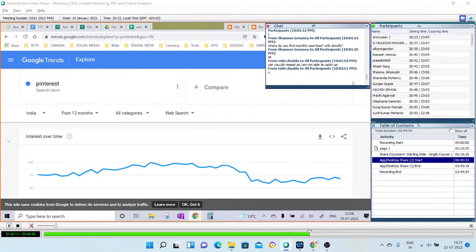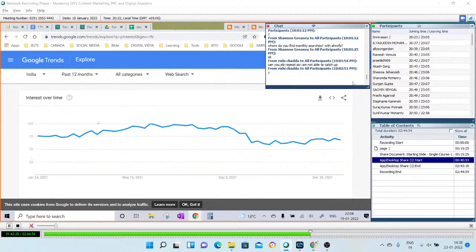But just to give you the macro idea, because maybe many of you will be seeing it for the first time. So this tool tells you how this term has been performing in the last 12 months in India, in web search. How it has been performing means the graph is telling me that it was going on at 75-76% of the search, and then it moved high to 90, even touched 100 as well. And then there is a period in September or October when it just fell down. And now in January 2022, it's still picking up.